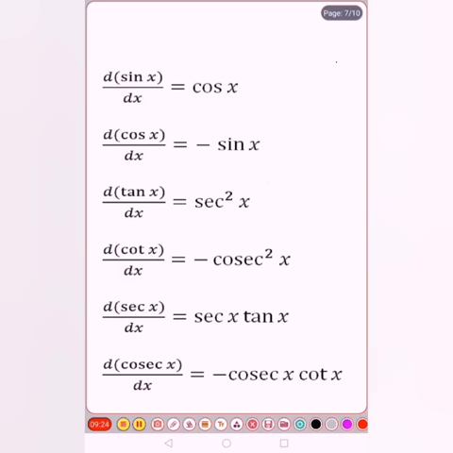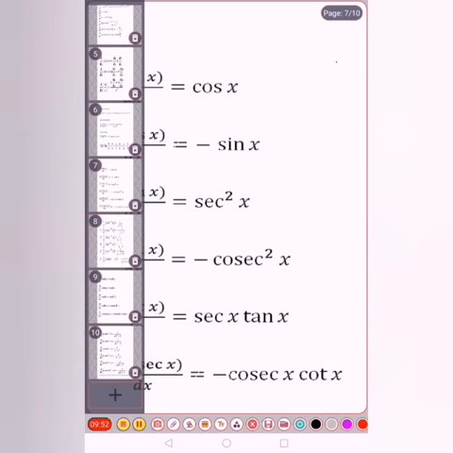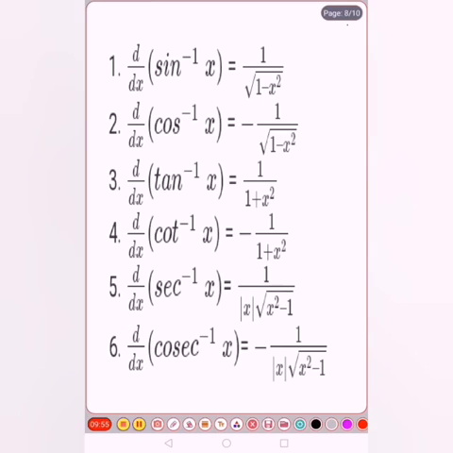If you observe, when we are differentiating a trigonometric ratio starting with the letter c, we will be getting a minus sign in the differentiation. Here also cot x, with c, we are getting a minus sign. Here cosecant x, starting with c, we are getting a minus sign. This is a nice technique to remember where we will get a minus sign and where we will get a plus sign. Now these are the inverse trigonometric ratio differentiations.